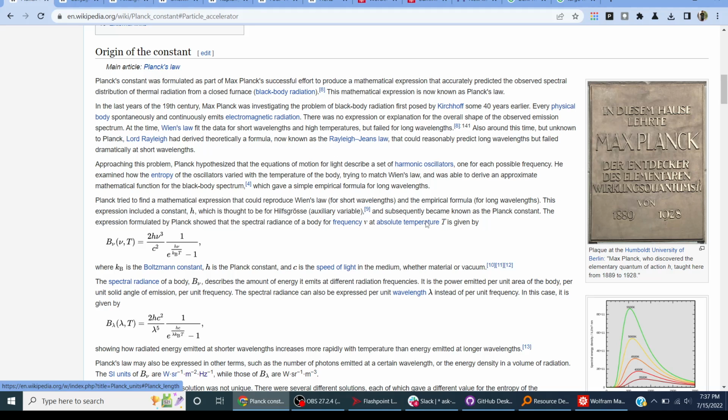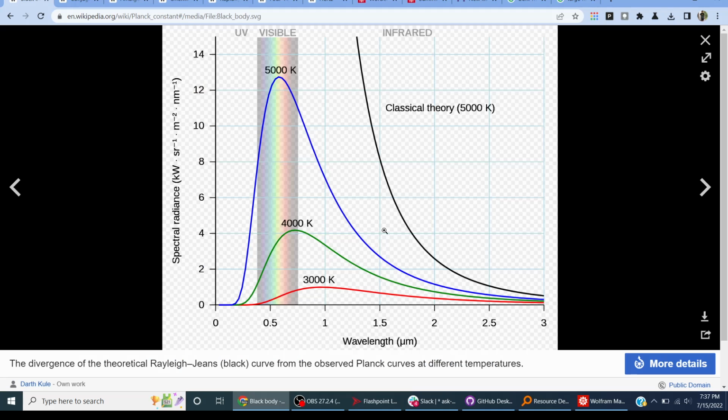And let's look at this. Okay, I think we already looked at that. Well, classical theory says as it approached 5,000, it would become an infinite